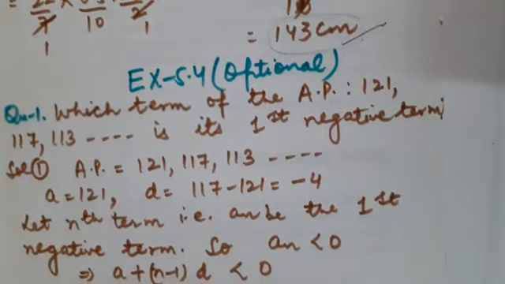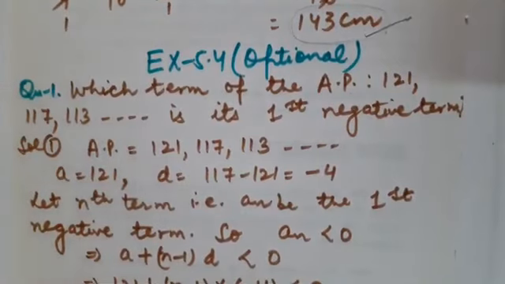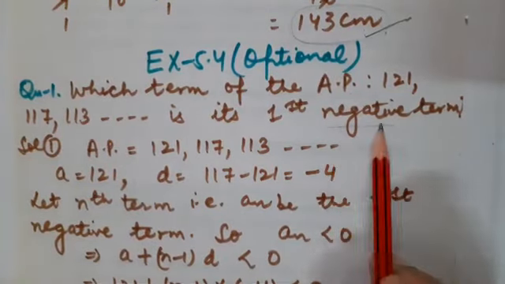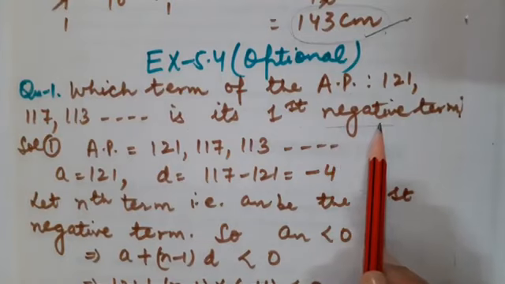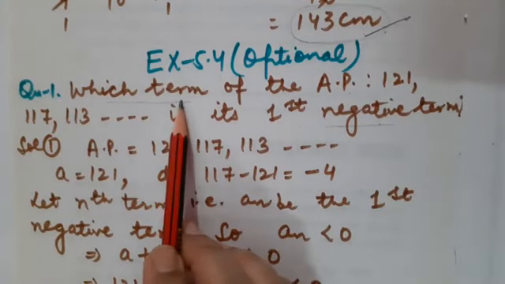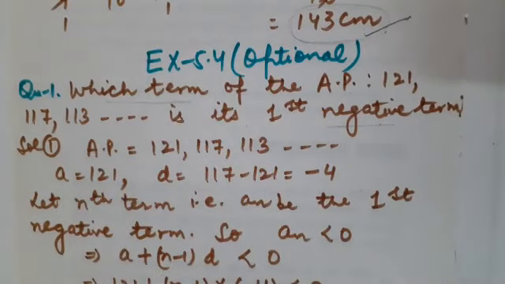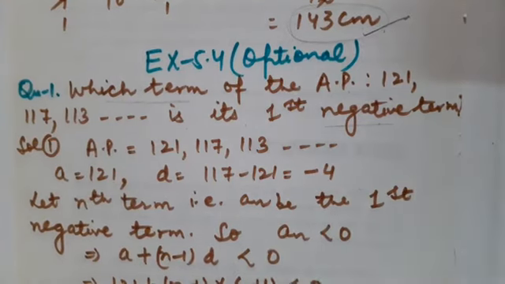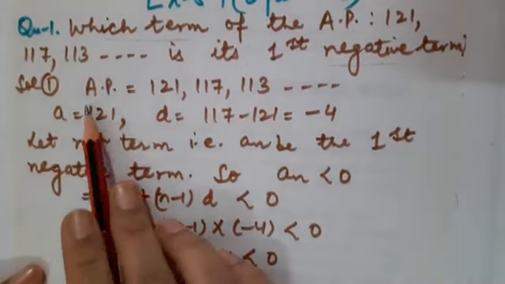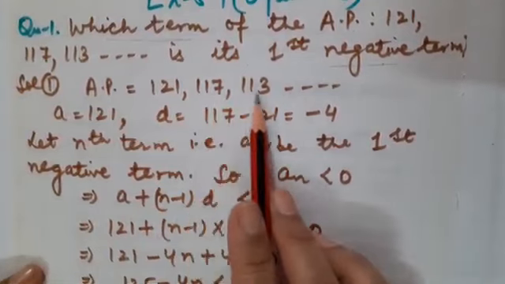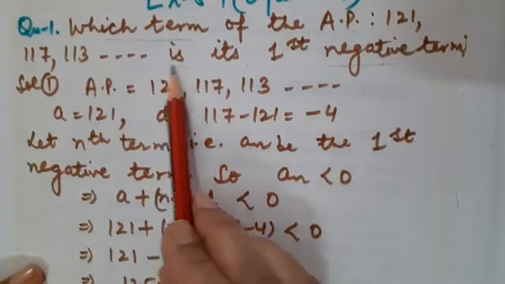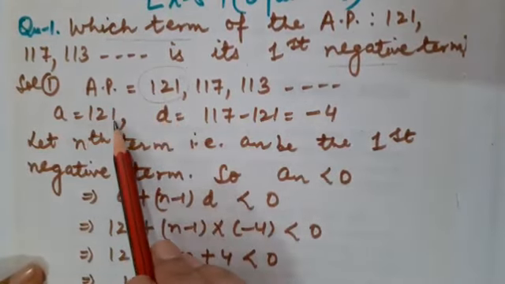Fine. Children, we have done the same type of question earlier also, though we have not dealt with a negative term till now. But whenever it was said in the question which term of this AP is minus 150, minus 110, then you knew very well that we were just going to assume that it would be the nth term. The same strategy we are going to apply now also. So the AP is 121, 117, 113 and so on. Children, what is A? The very first term, that is 121.